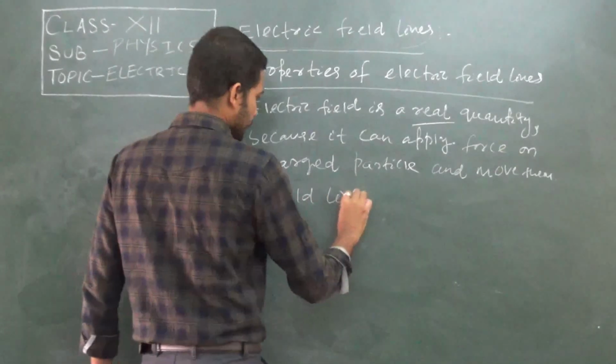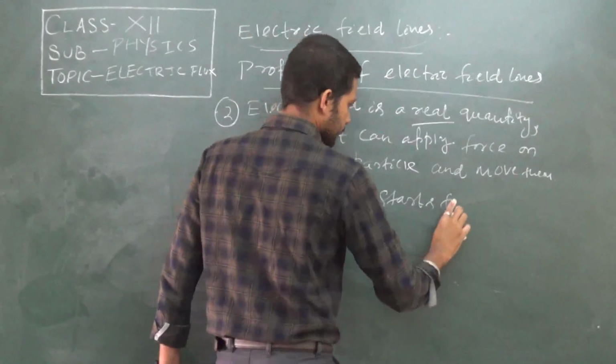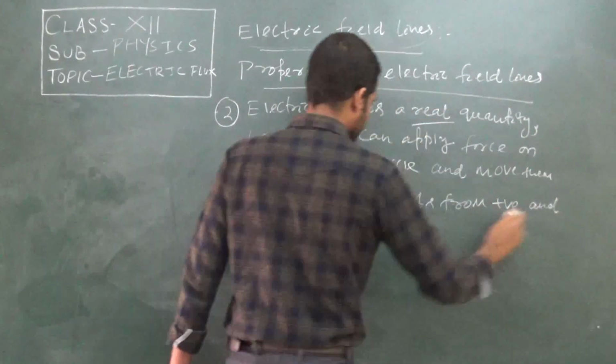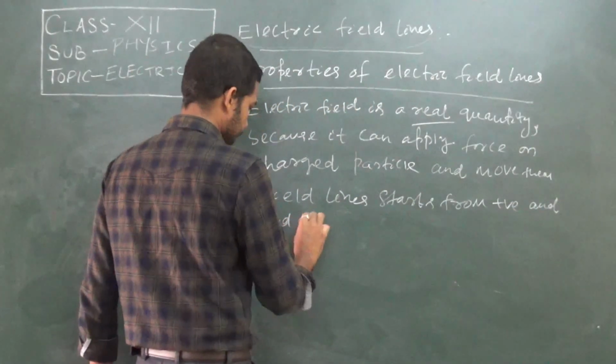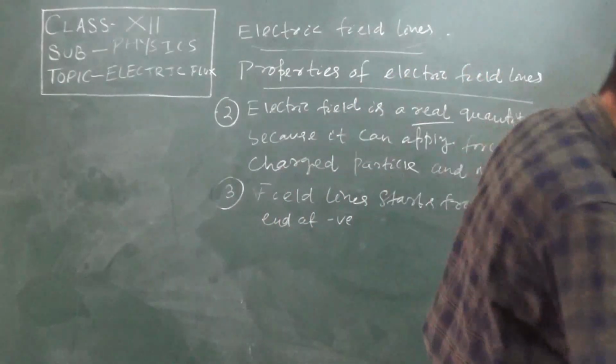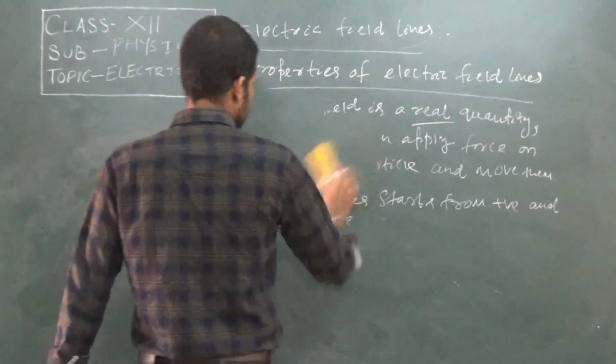Field lines start from positive and end at negative. Already we have discussed about this one. So this is another point. Clear? Okay. Then the fourth one is